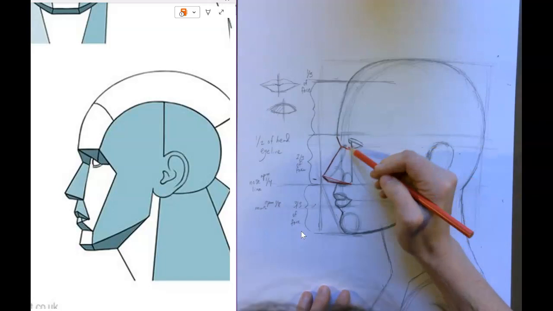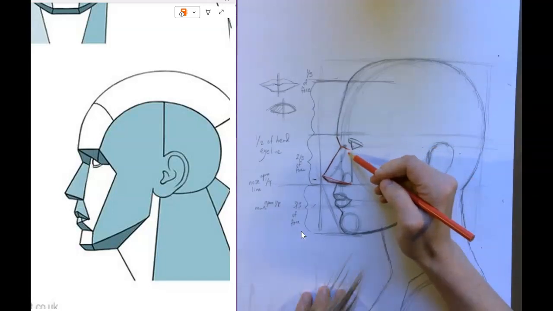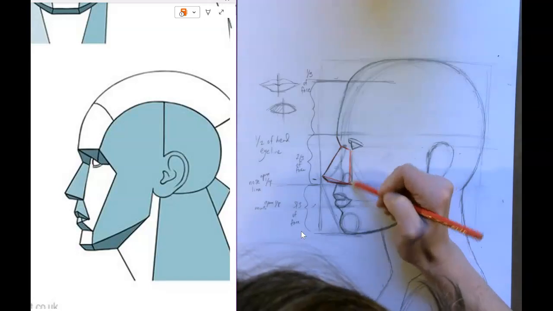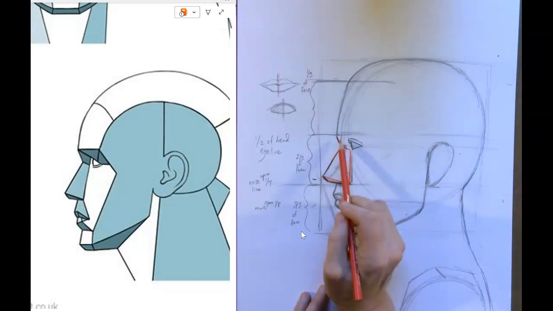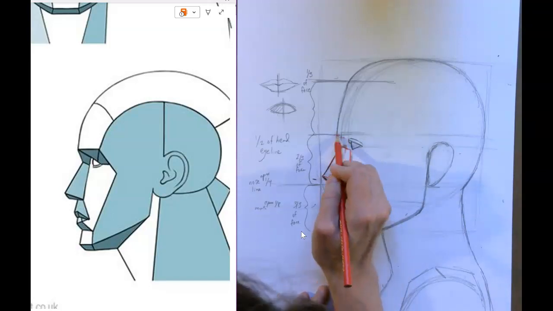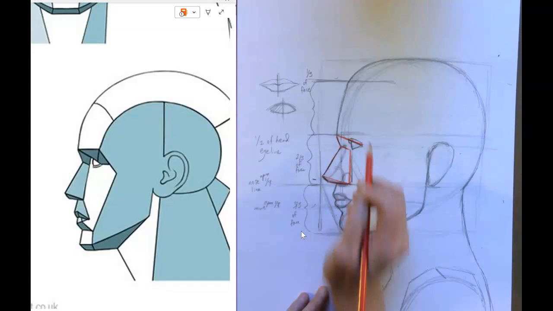Then we're going to have a line coming through and connecting to the side of the nostril down here. And then out here, we're going to have an angle from the brow line connecting down